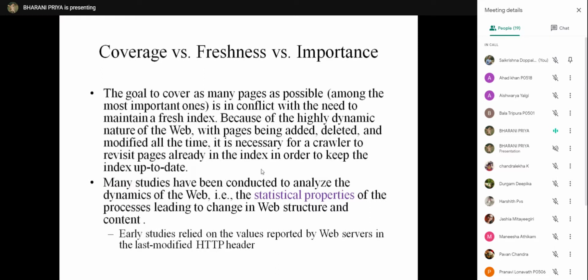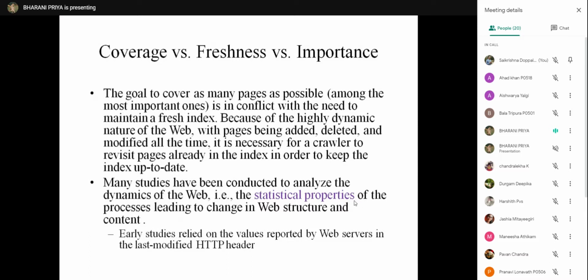How we do all this is not given, but there are many studies that analyze the dynamics of the web based on statistical properties. Based on some statistical properties, at intervals of time, these indexes are maintained afresh.